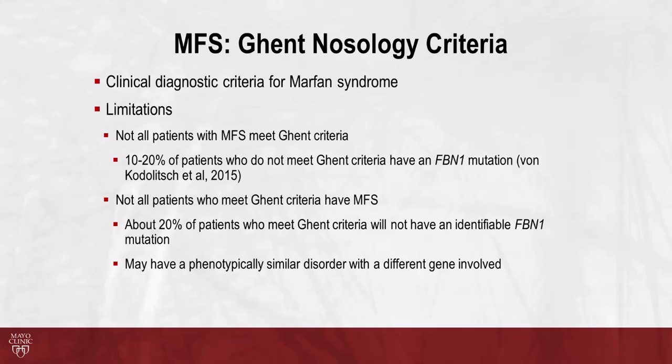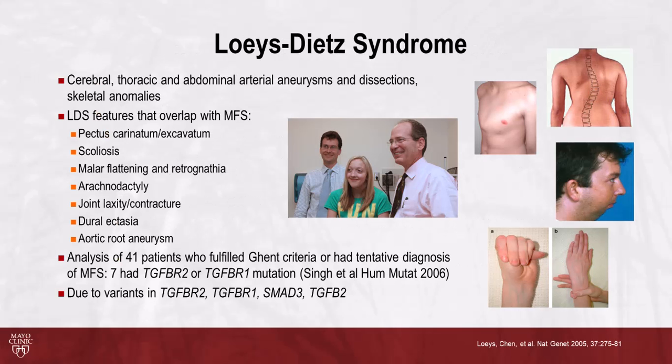And then there's also patients who meet Ghent criteria but don't have Marfan syndrome. And so there's a differential diagnosis, there's phenotypic overlap. One of these disorders is Loeys-Dietz syndrome, and here's a picture of Bart Loeys and Hal Dietz with a Loeys-Dietz syndrome patient. And the overlap with Marfan syndrome can be striking in terms of the skeletal abnormalities, as well as